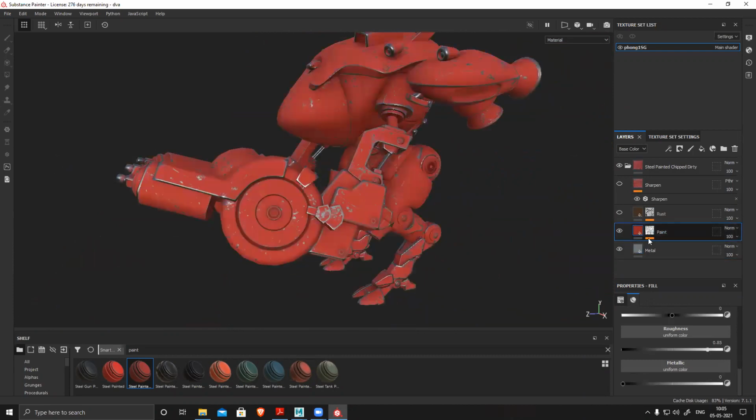On top of this there is a solid color fill layer with no metalness at all. So paint is non-metallic in nature, so for paint we'll switch off metal. So all these maps, you guys understand, right? What is the function of this map, or should I explain it? Okay, then I'll explain.